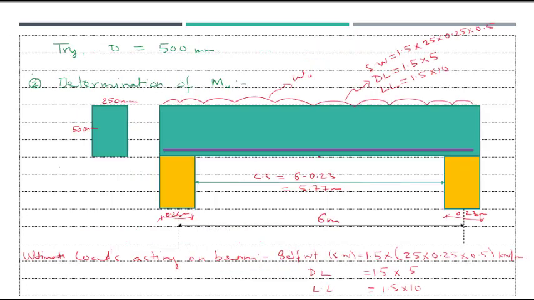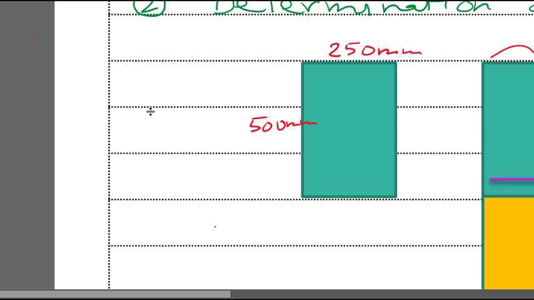Okay, let us come to this cross section of the beam. Here we have to provide the bars, 3 20 dia bars. Here we have the 3 20 dia bars which you have provided. Now I want to make sure that this spacing S between the longitudinal bars is greater than minimum spacing but less than maximum spacing. So can we compute this S? Yes, we can compute this S.